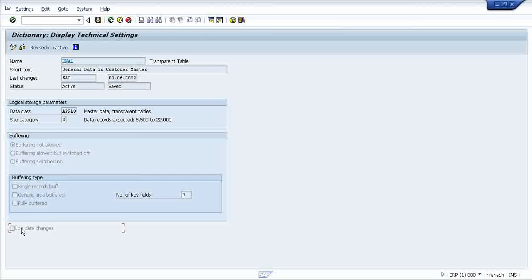Sure. See, buffering is a kind of facility available in ABAP dictionary. Suppose it's a very simple example. Suppose, like that Airtel example I used to give from the first class. Suppose today you have done some recharge on Airtel, some transactions specific to your number. Suppose a particular country has been divided into 15 or 16 or 20 regions, and every day at the end of the day, at the evening at 6 o'clock or 7 o'clock, some